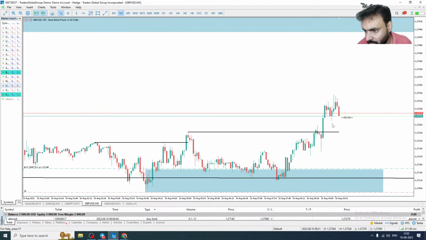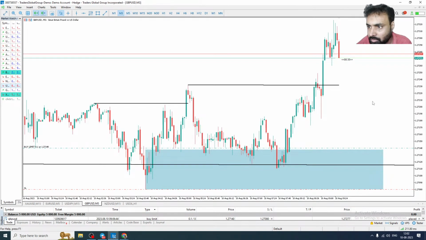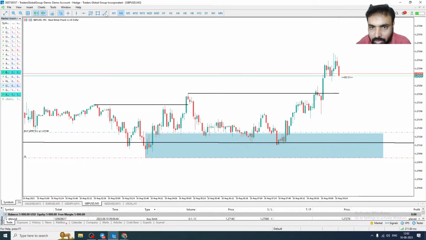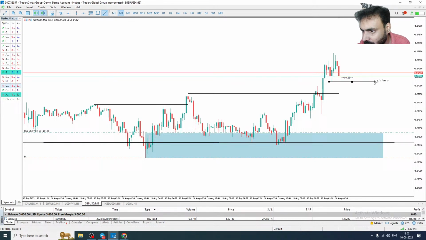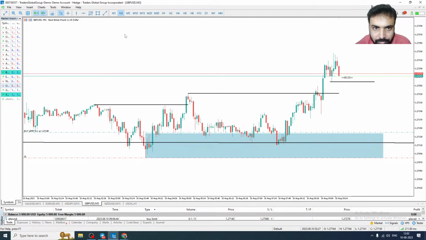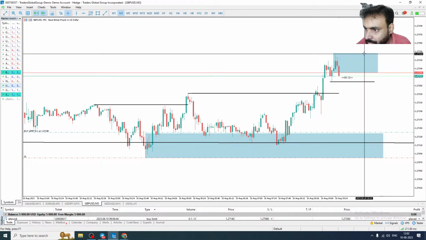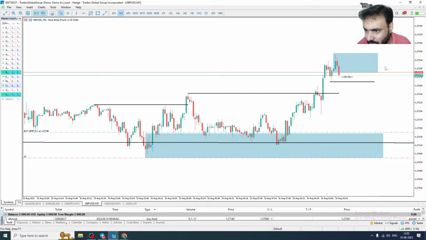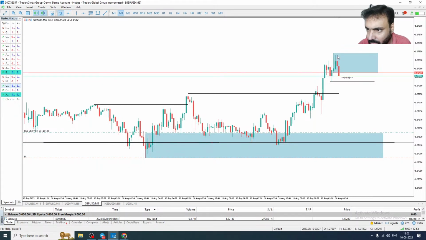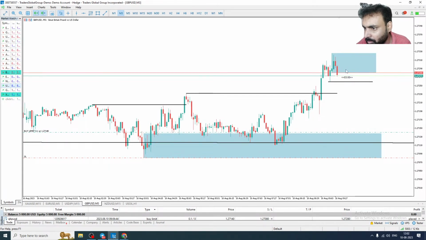Okay, price is coming down. We want to see this breakout structure. Then maybe we can sell from the top. So the full candle, let's mark the full candle. Let's measure the stop loss. How much is the stop loss? 44 points. Piece of cake, right? 44 points, $4 stop loss. So as soon as it's broken, we are going to sell from this level.